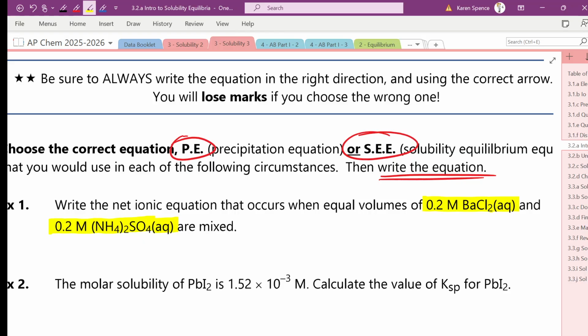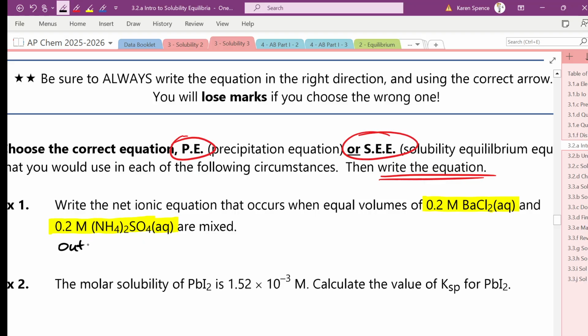Are we doing anything with the KSP here? Nope. So don't use the solubility equilibrium equation. We are looking at what happens when we mix two aqueous things together. What type of a reaction is this? Double replacement. So if we combine our